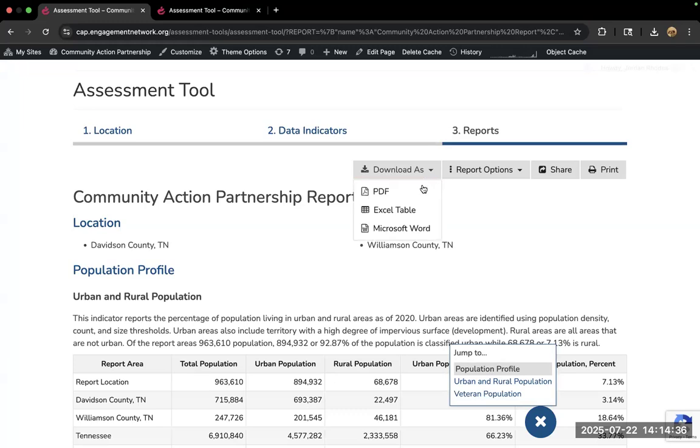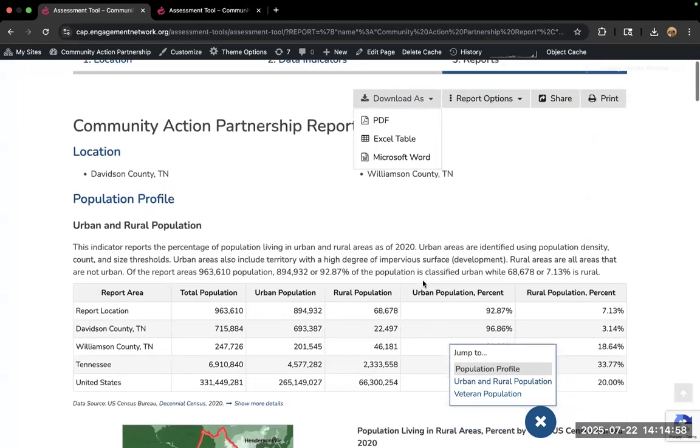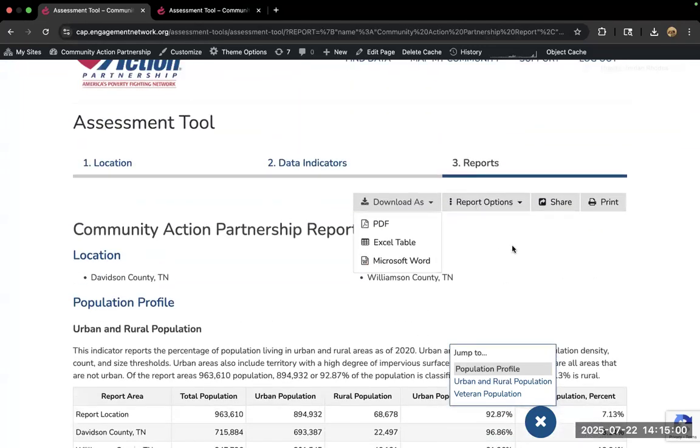So a couple of other things to note with these. One, we have several different ways you can download them. So you can download these reports as a PDF, as an Excel table, or a Word doc. Folks tend to really love the Word doc the best because you can add your own contextual information into our report format pretty easily. And you can customize the colors in your charts and graphs pretty easy in Word.